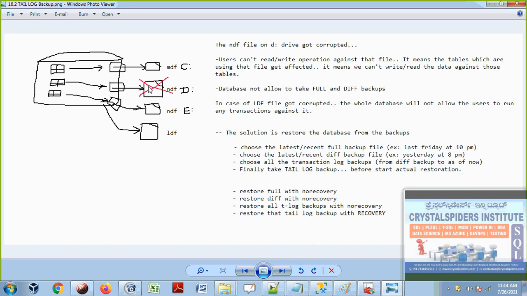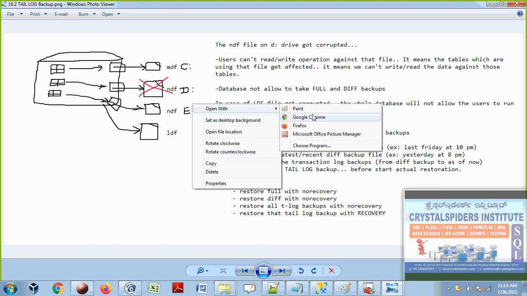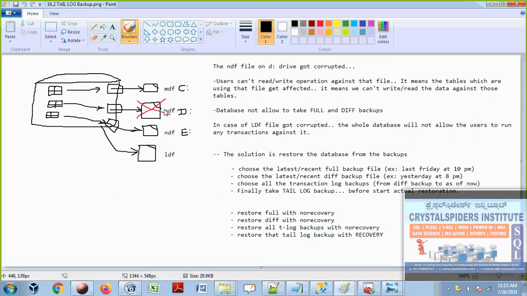So which tables are using this file? Which tables are storing their data in this file? Those tables can't perform any actions. It means the tables which are using that file get affected. This table, guys, this is the second table. See, this table will get affected. So this second table will get affected by this operation, because when the D drive got corrupted,